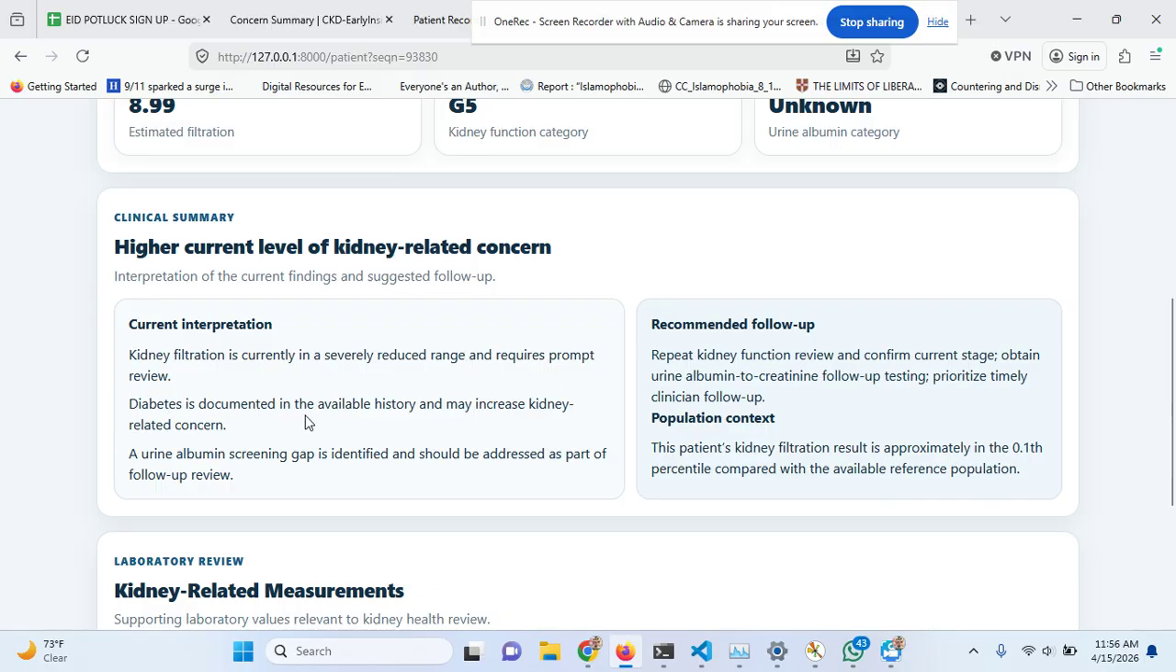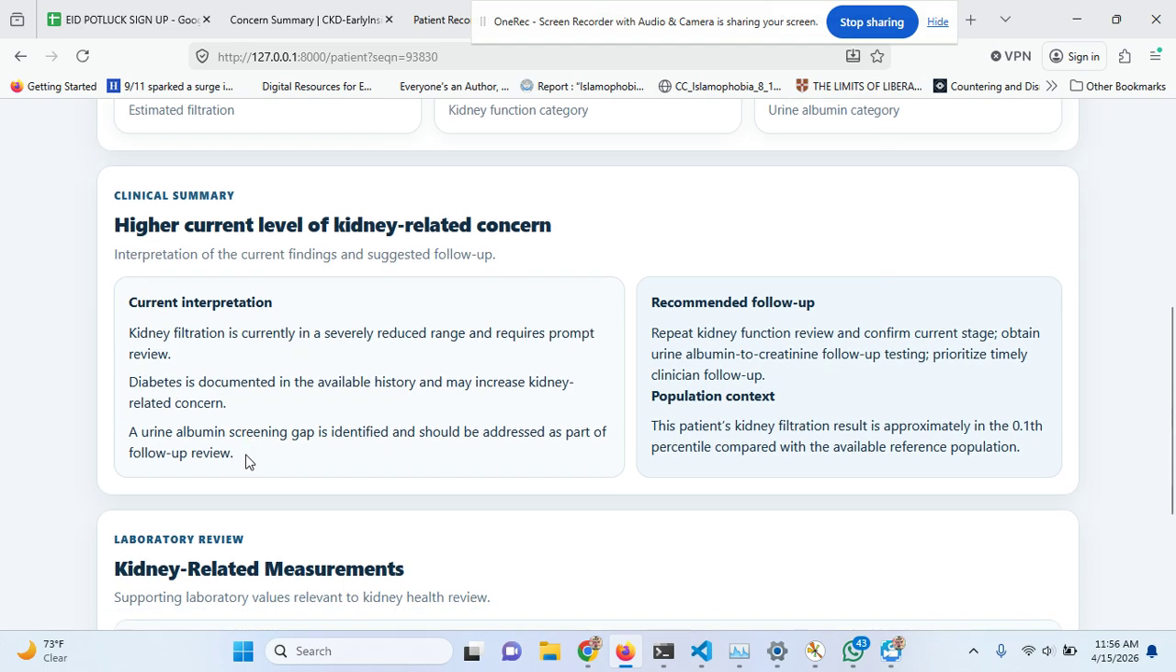Diabetes is also something that the patient has. This may increase the kidney concern. Yes, the urine albumin screening gap is identified and should be addressed as a follow-up review. And it shows the recommended follow-up: repeat the kidney function review, confirm current stage, obtain urine albumin-to-creatinine follow-up testing, and then it shows you